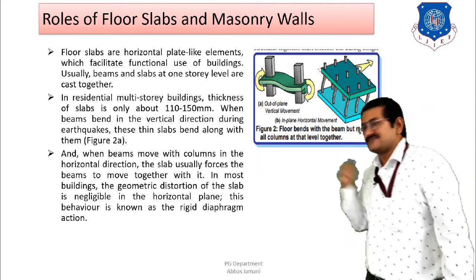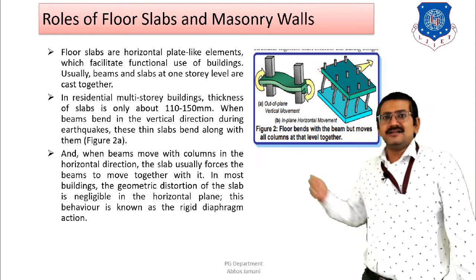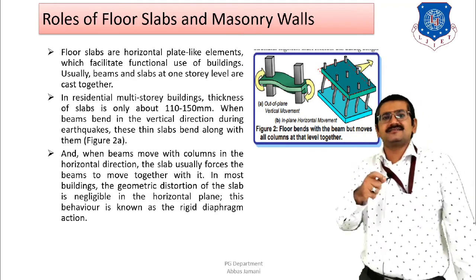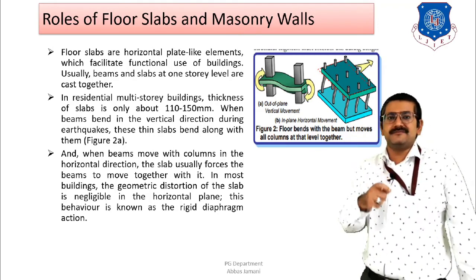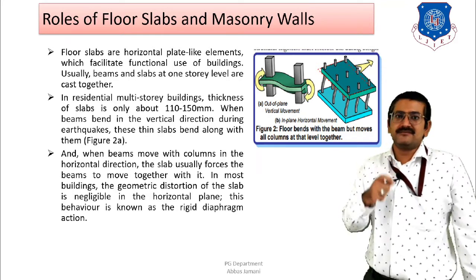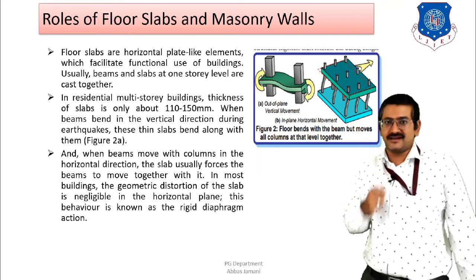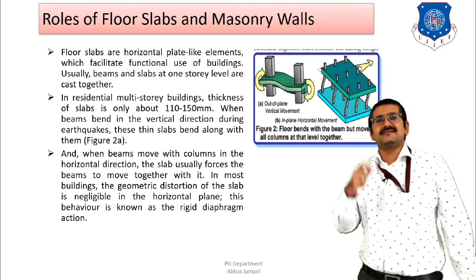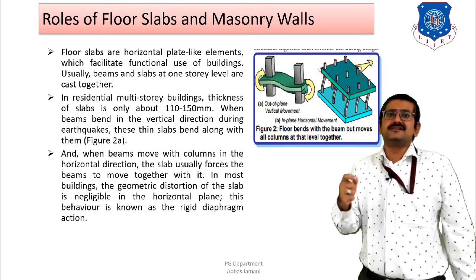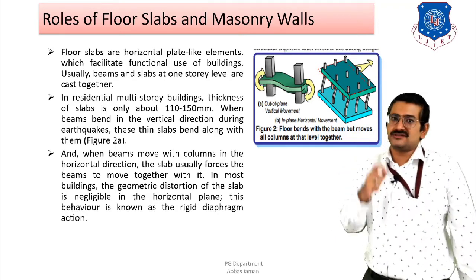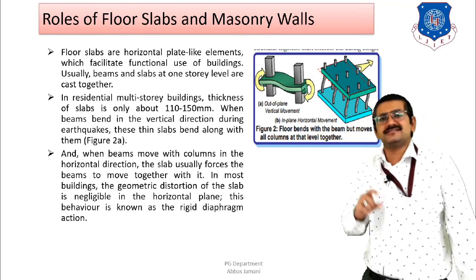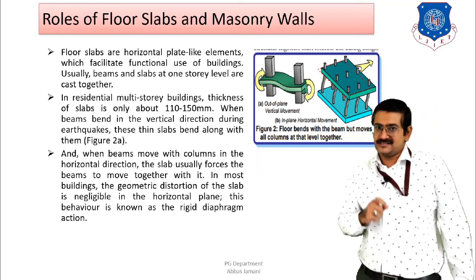So in the first figure, as you can see over here, the out of plane displacement of the slab is shown. And this out of plane displacement of the slab will be contributed due to the vertical deflection of the beam, because beam and slab are monolithically casted. So if the beam deflects, then since the beam and the slab are connected to each other, the slab will also undergo some deformation, and this deformation is also known as out of plane bending of the slab.